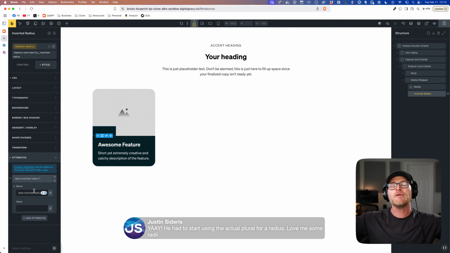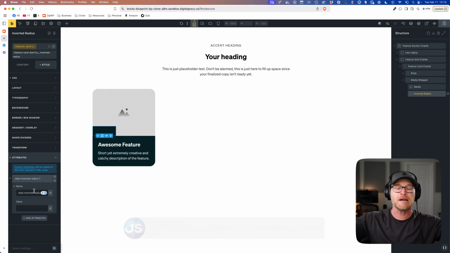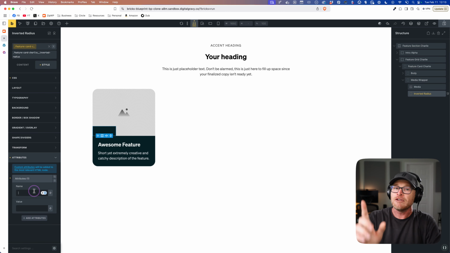So how do I remember this? Let's train your brain on syntax. First of all, in order for a data attribute to be valid, according to the W3C, it has to have the word data in front of it, okay? So data has to come first with any data attribute. That's why data-icon is data-icon. That's why inverted radius is data-inverted-radius. So if you're wondering where to start, you can start by writing the word data. It's gonna have that in it, so do that.